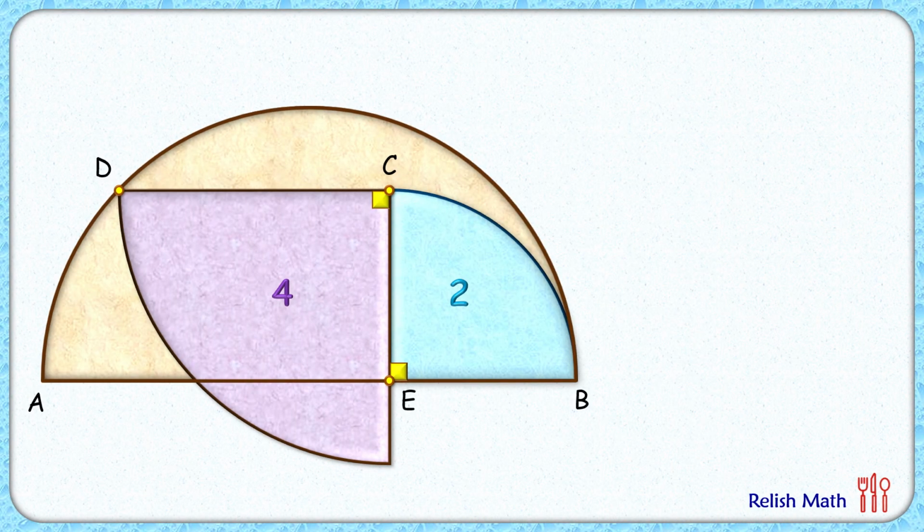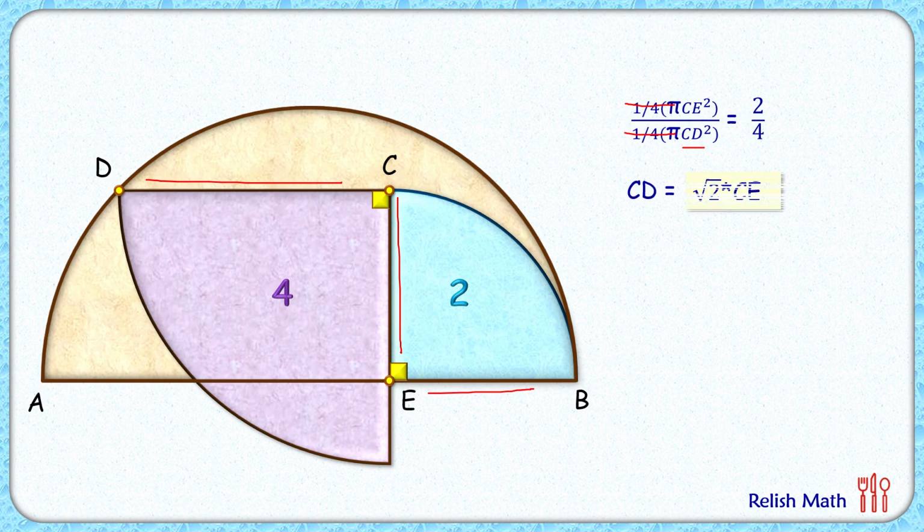For each solution, we have to first establish the relation between the radius of this blue quadrant and the purple quadrant. We know that the area of a quadrant is given by 1/4 times pi r square. So for the blue quadrant, it will be 1/4 times pi CE square, and for the purple quadrant, it will be 1/4 times pi CD square, and this ratio is given by 2 by 4. Simplifying it, on both sides 1/4 pi will get cancelled. Taking square root on both sides and cross multiplying, we will get CD as root 2